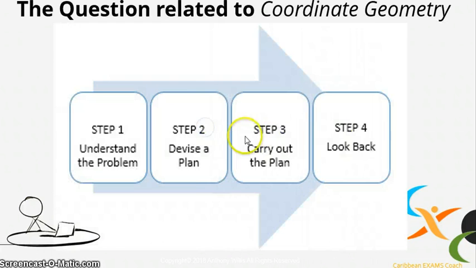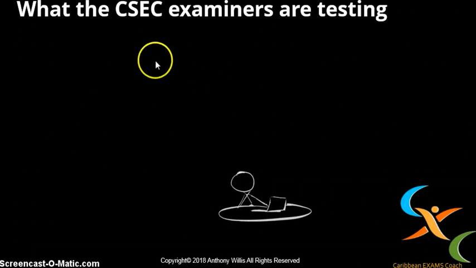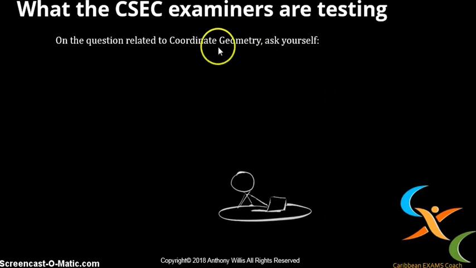You need to be able to solve problems related to coordinate geometry. You need first to understand the problem, devise a plan, carry out the plan, and look back to check and see if your work is correct, if your work makes sense, or if your answer makes sense. Now, what are the CSEC examiners testing on questions related to coordinate geometry? You need to